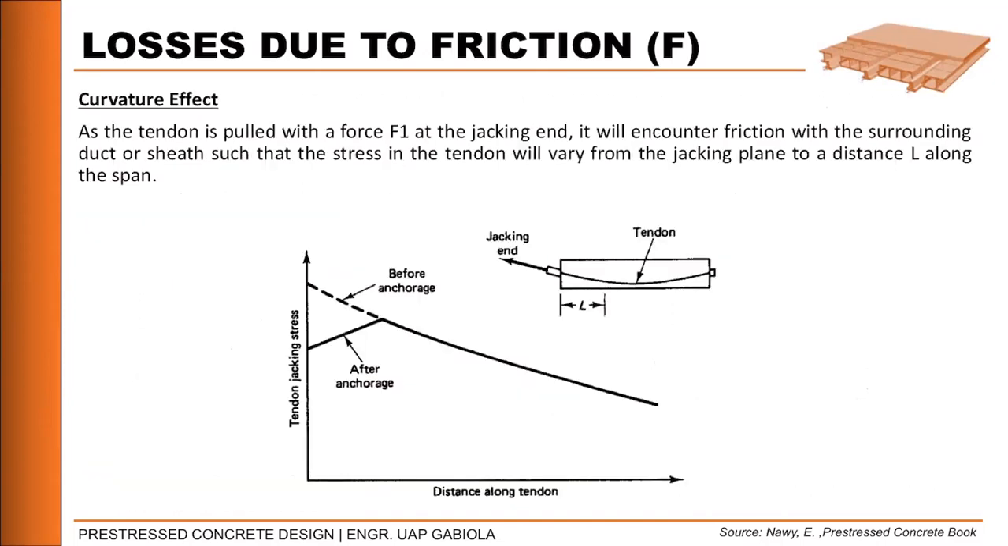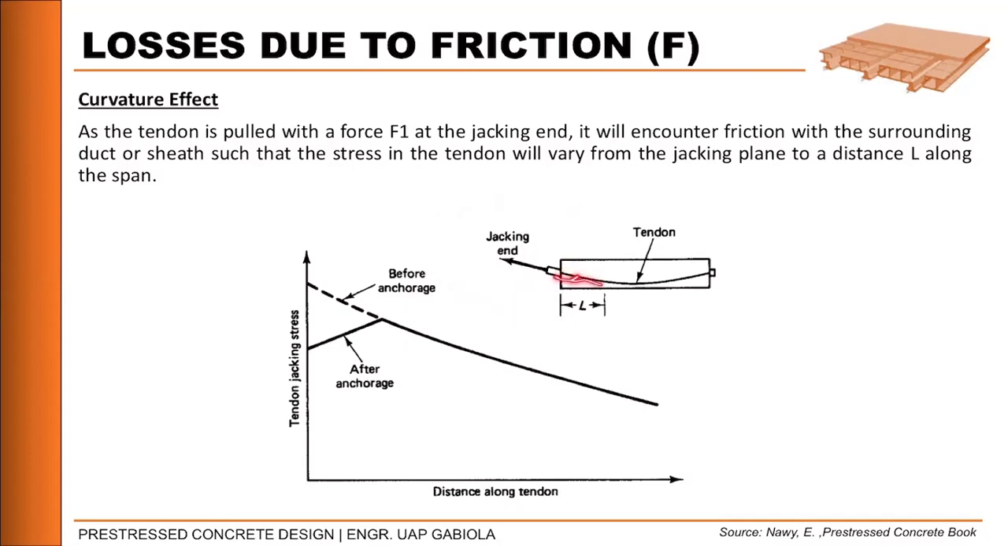So, in curvature effects, as the tendon is pulled with a force of F1 at the jacking end, it will encounter friction with the surrounding duct or sheet, no? Such as the stress in the tendon will vary from the jacking plane to a distance L along the span. So, magbabari yung value niya syempre, no? Kasi dito sa may jacking end natin, mas mabilis yung pulling ng tendon kasi nandun yung jacking force natin na